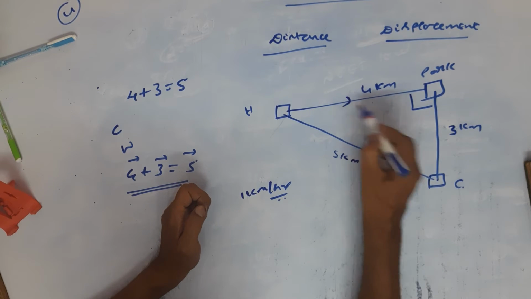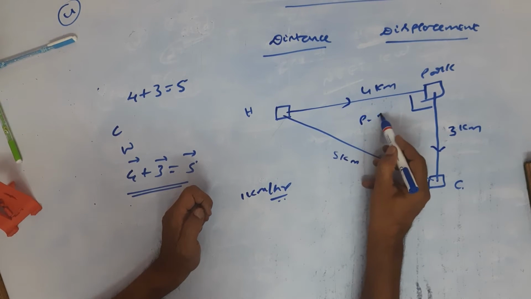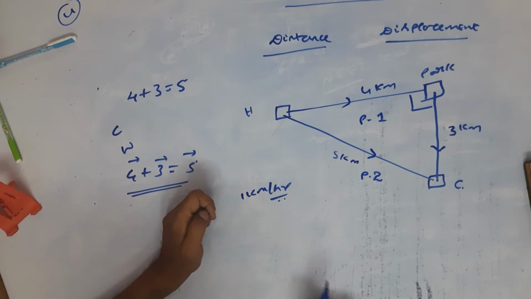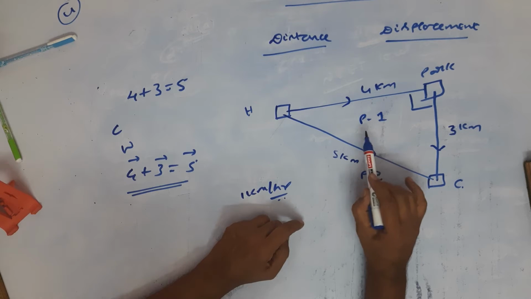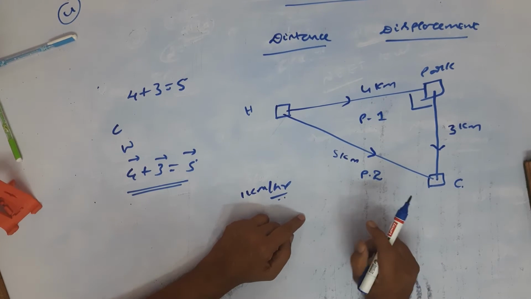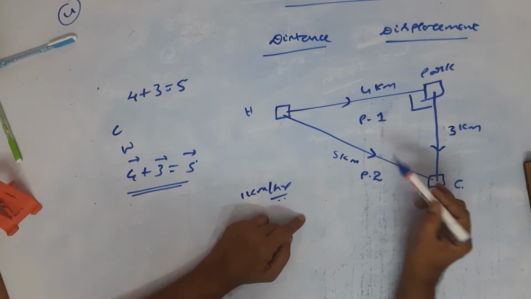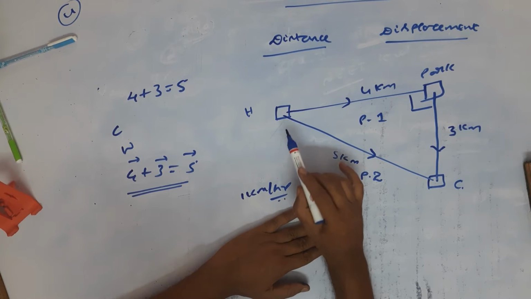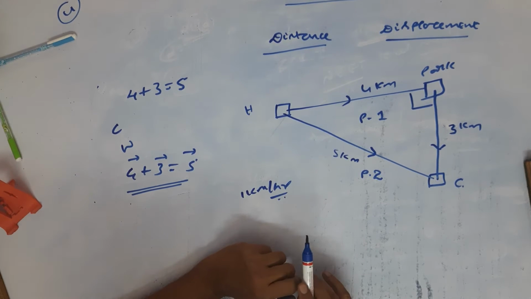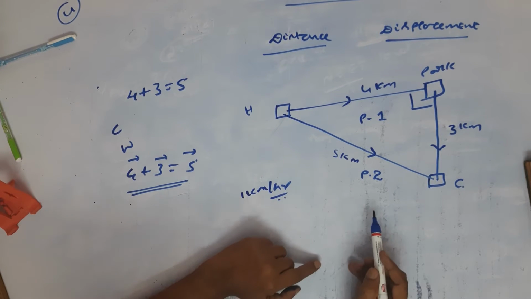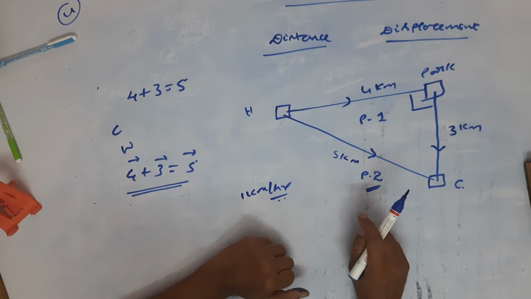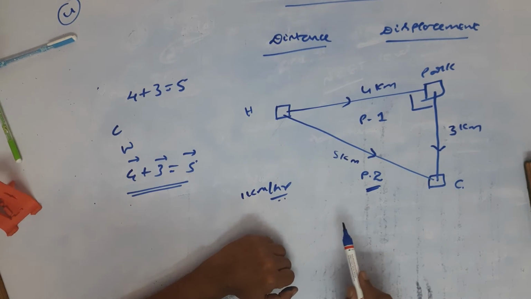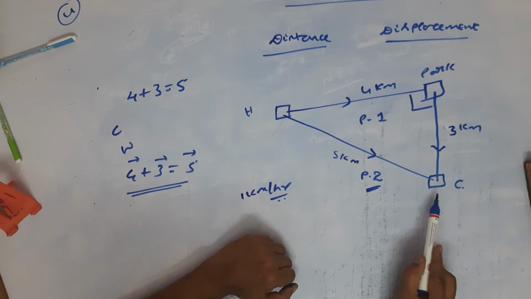Can you tell me whether you are going to choose path 1 like this or path 2? Which path are you going to select to go from home to the college? Very good, you are choosing path 2. Excellent, super. Well, because it is the nearest distance between the 2 points.